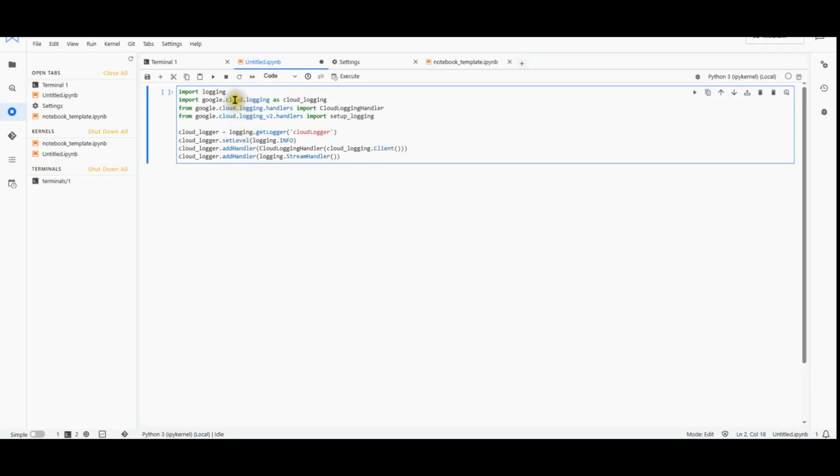First and foremost, we want to import all these libraries here. The first one is import logging, and the next one is import google.cloud.logging as cloud logging. From google.cloud.logging handler, import the CloudLoggingHandler and also the v2 handler.